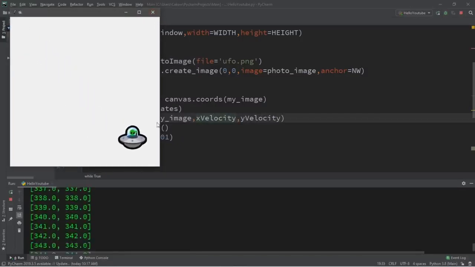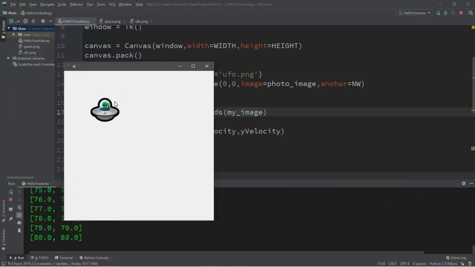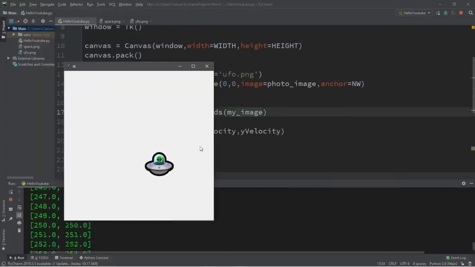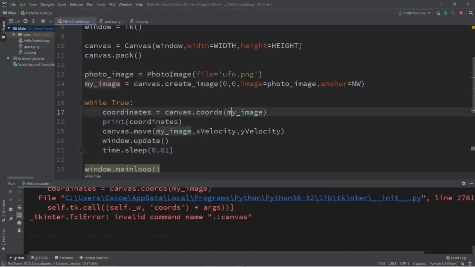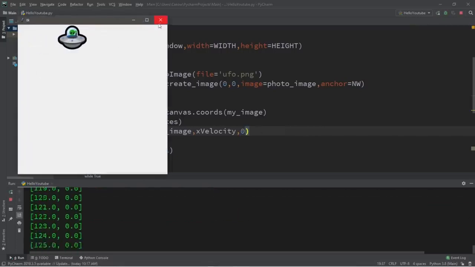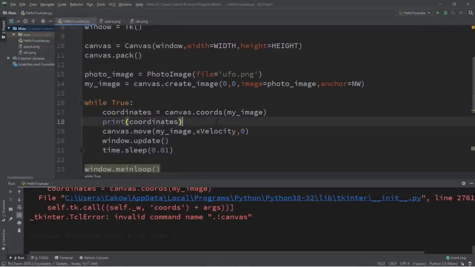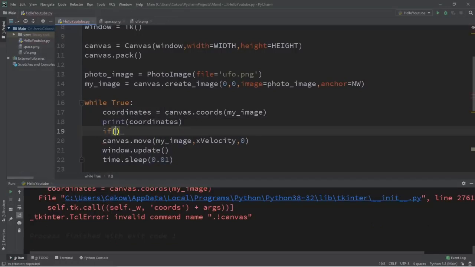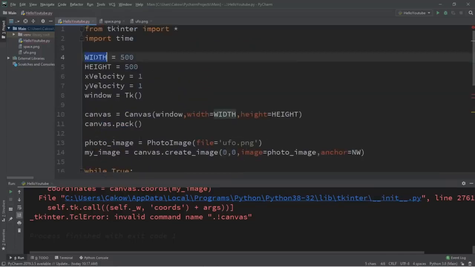So what if we want this image to bounce off the walls? We're going to add some if statements. We're going to begin by just having this image bounce off the left and right walls. For now, let's set Y velocity to 0 so that this image is only moving left and right. So before we move this image, we'll add an if statement. We're going to check to see if the X position of our image is either greater than the width of the canvas